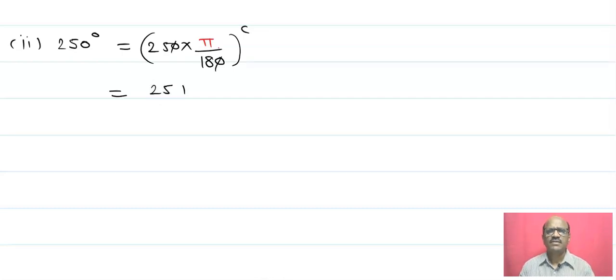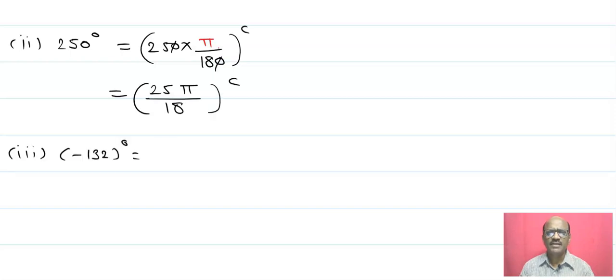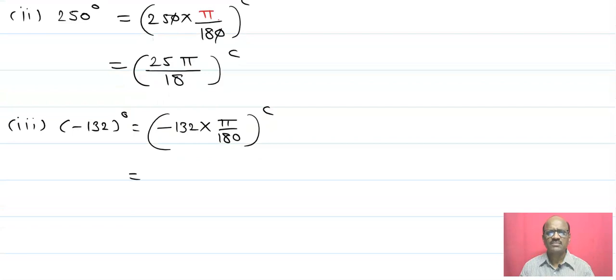Therefore, see this, 25 pi by 18 radian. Minus 132 degree. Now again multiply minus 132 into pi upon 180 radian. Their multiplication, that is minus 11 pi by 15 radian. Now fourth one,